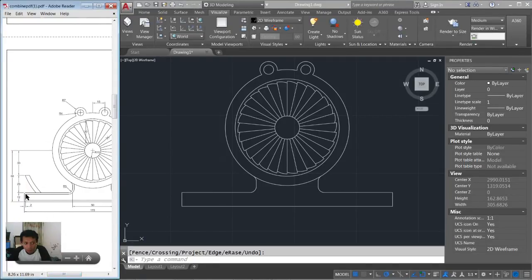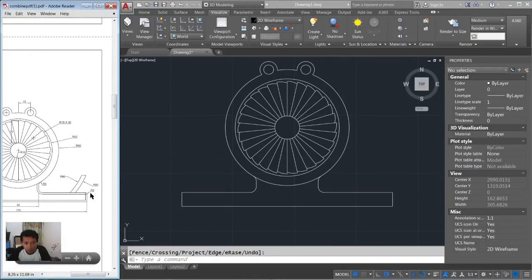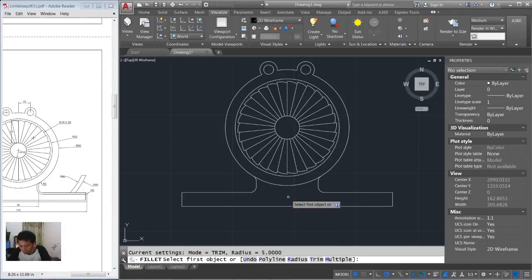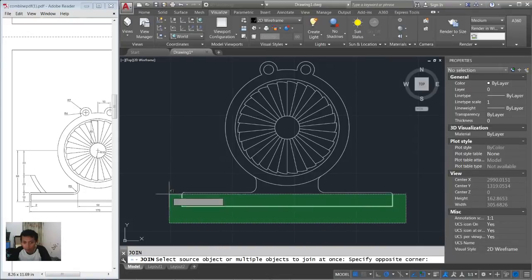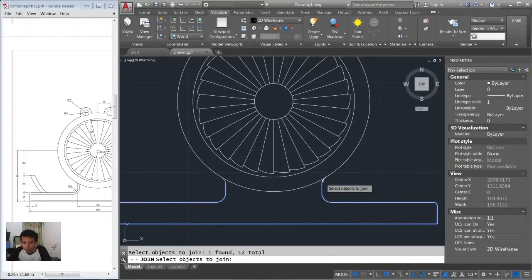Next, you can use the fillet command again with radius 2. Okay, at this corner, you can type fillet, enter with radius 2, and then you can fillet this corner and fillet this corner. I will use the join command to join all these objects. Okay, this object,